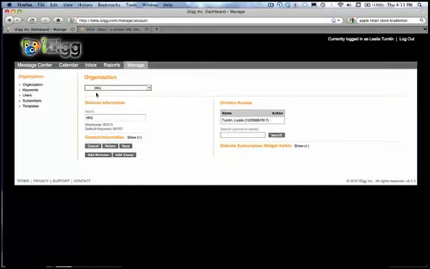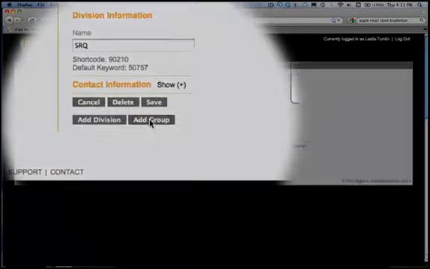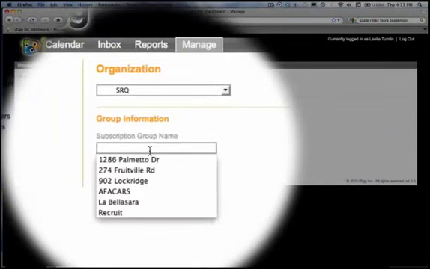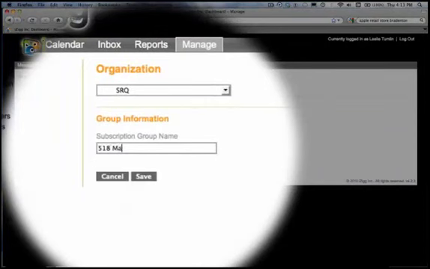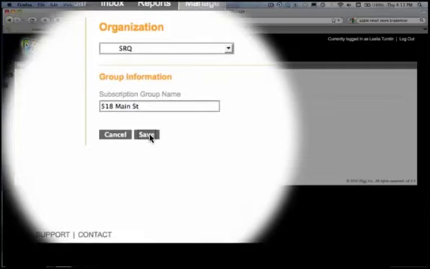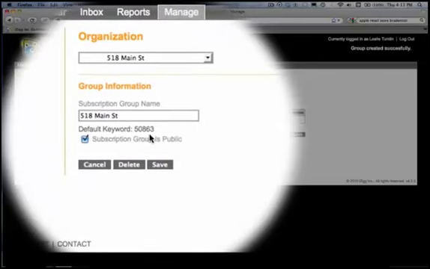I've already created the division SRQ, which is the airport code name for Sarasota. And now I want to add another group. This might be another property that I'm adding. So let's go ahead and call this group 518 Main Street. And I'm going to save it. Now look what happens when I save this group. I just received a default keyword of